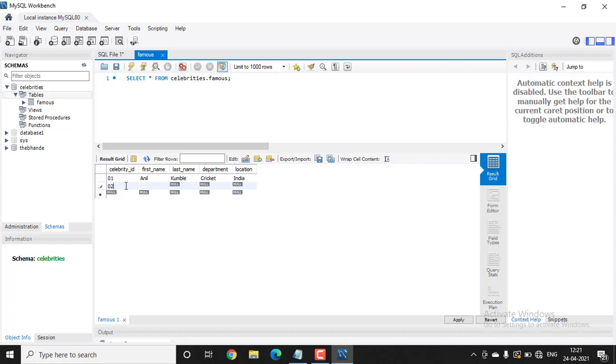Now let's type celebrity ID 02 and first name AB de Villiers, and department cricket and location South Africa.